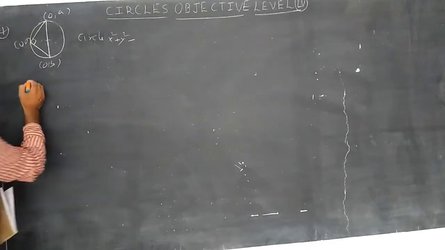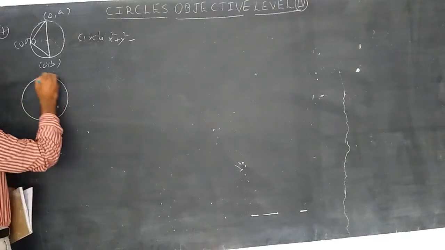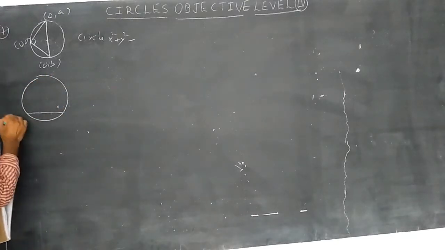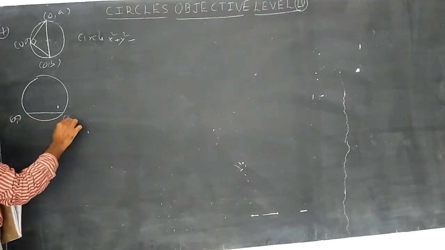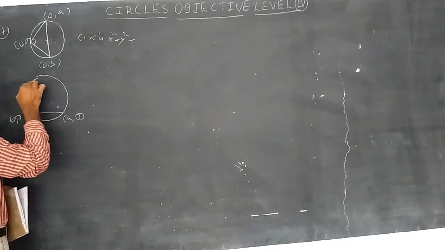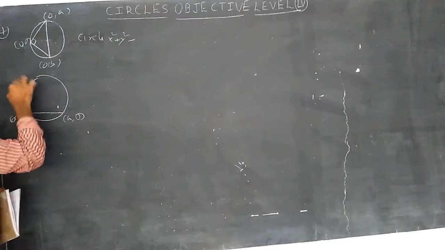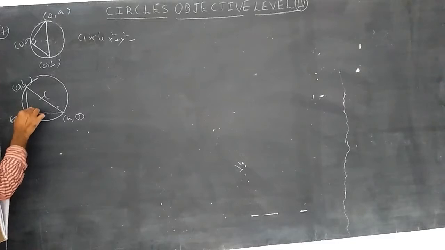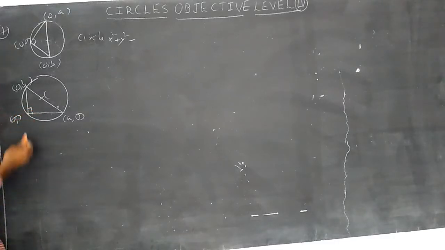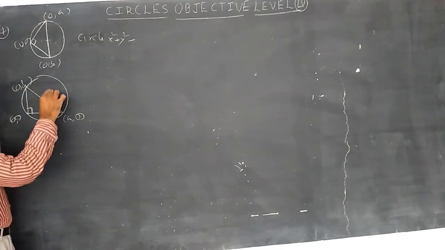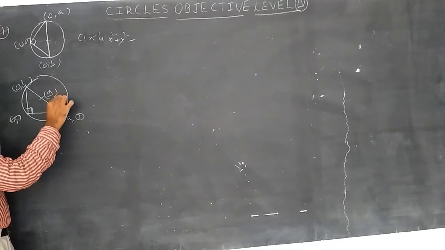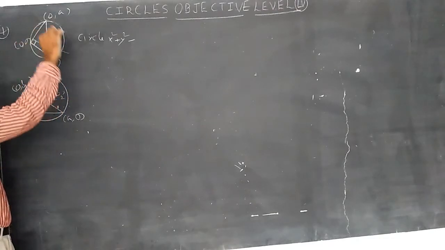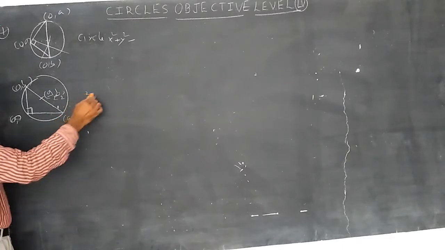The equation of the circle should pass through, maybe verifying the mistake. Verifying the print mistake, put here 0 comma 0. If it is a comma 0 and here it is 0 comma b, draw like this, join the line like this. This is the diameter, this is the semicircle, this is the angle 90 degrees which is the intersection of the coordinate axes. The point of intersection of the coordinate axes is the origin 0 comma 0. So the midpoint of the hypotenuse is the center, a by 2 comma b by 2. So it is not correct. Points should be given like this.